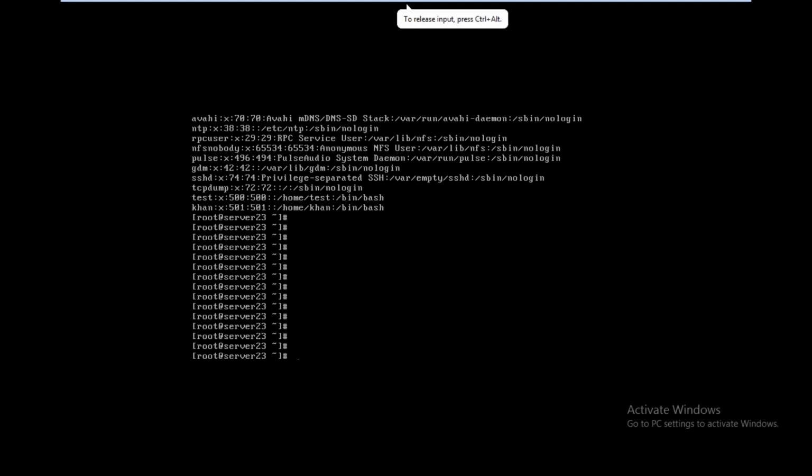Like this, in real-time scenarios, whatever scripts you want to run, you have to write the script under the /etc/init.d directory. Then in whichever run level you want to run, go to the particular run control script directory. There link your file. Automatically when we enter into the particular run level, these scripts will run.